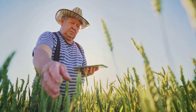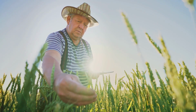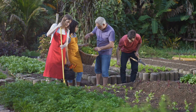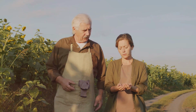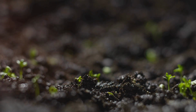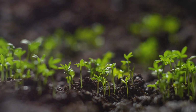Farmers need access to resources that can help them understand the benefits of regenerative farming and how to implement these practices effectively. This could come in the form of workshops, online courses, or even one-on-one mentorship from those who have already made the transition. As for the complexity of carbon markets, there's a need for these markets to become more accessible and user-friendly. Clear guidelines and regulations, coupled with support and guidance for farmers, could go a long way in encouraging participation. Additionally, financial incentives and support could help alleviate some of the initial cost barriers associated with transitioning to